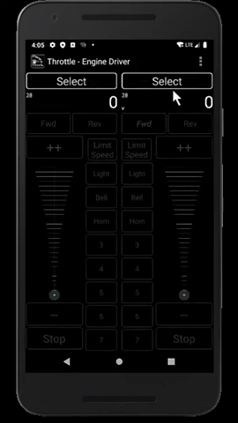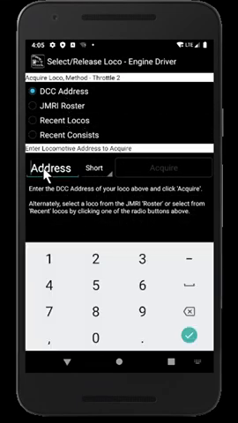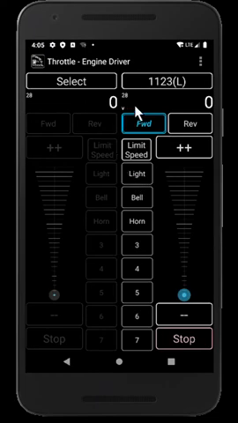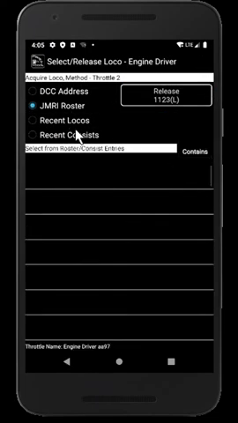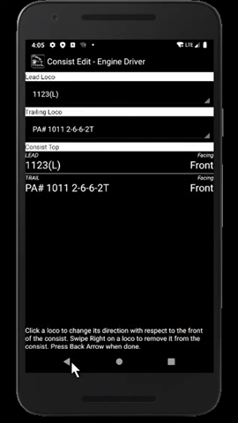So I'm just going to start by creating an on-the-fly consist, and I'll make it up of a combination of an entered address and another locomotive that actually comes from the roster. Just put the first one in the list there. So as you can see, creating a consist on the fly is no different to what it was before,